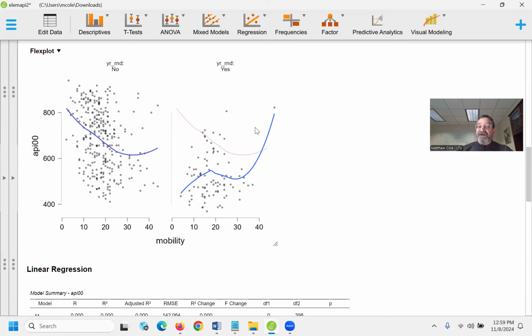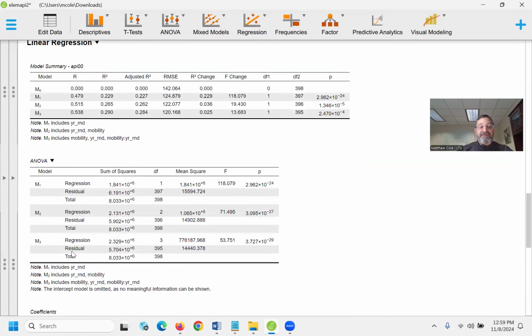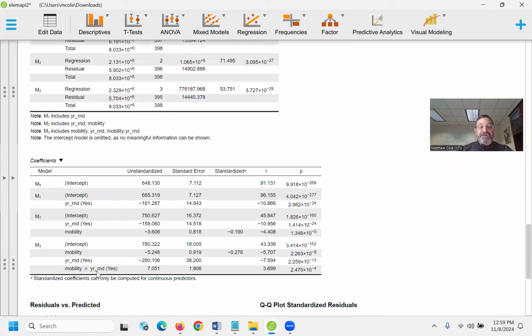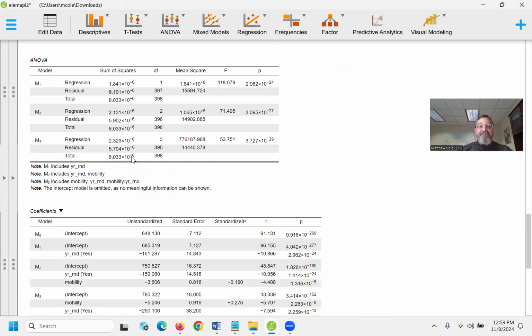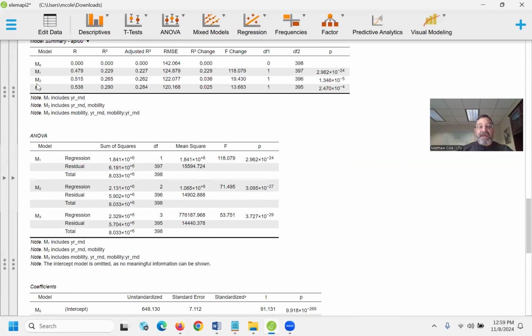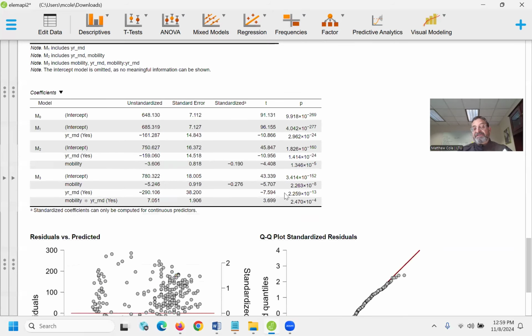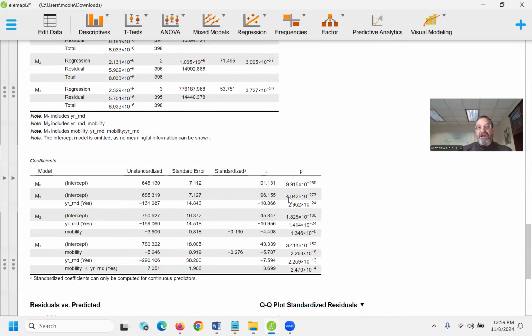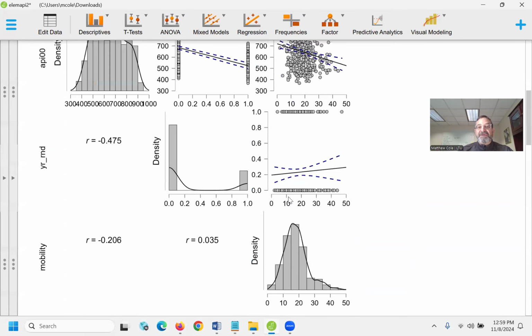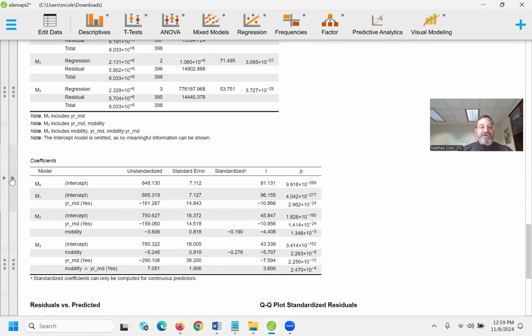very well. And this, in fact, is significant because we see that the interaction term, year-round times mobility, is a significant interaction term. And from a model perspective, adding that interaction term to the model is significant. So that's how we would interpret this. Okay. That's part of our job as statisticians, to go through our analysis and tell a story. So I hope this was a story that makes sense to you and that you can do the same in